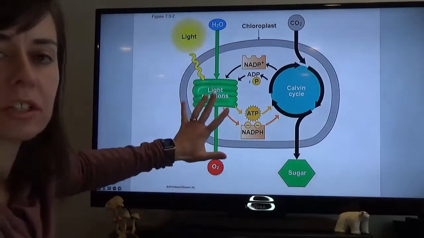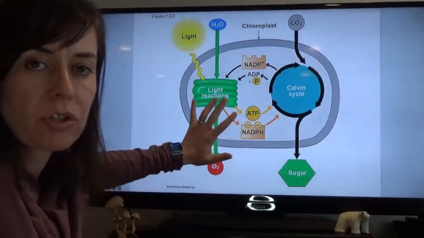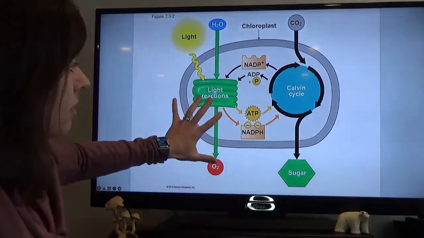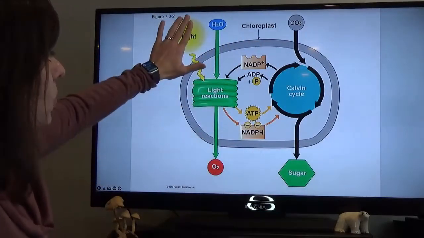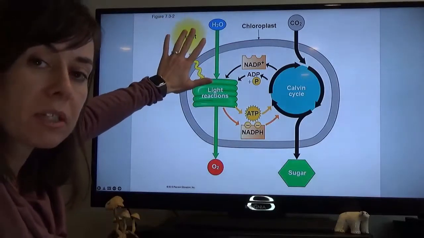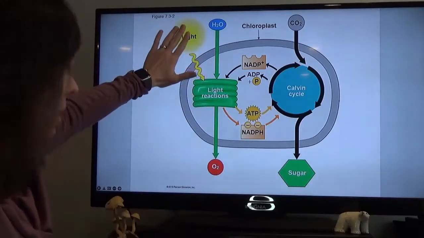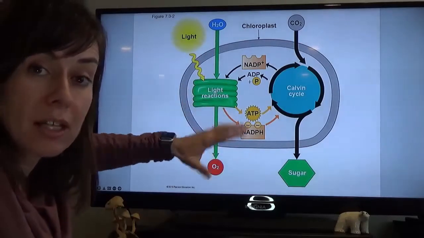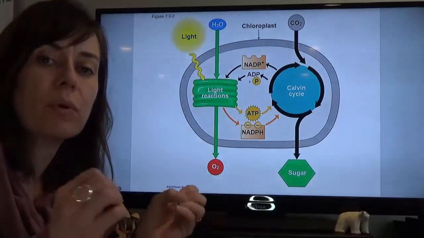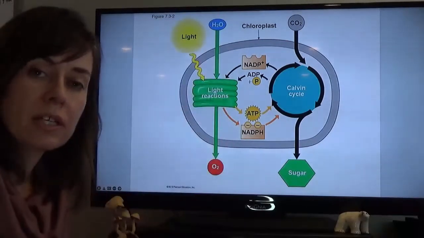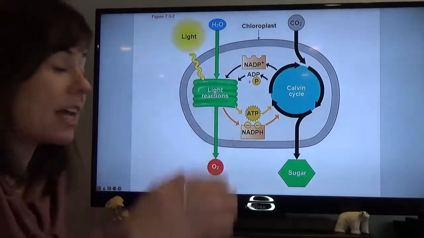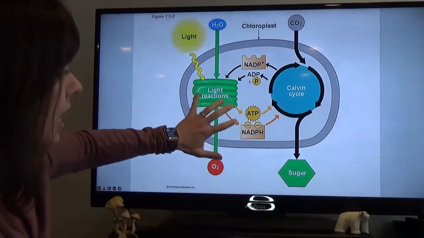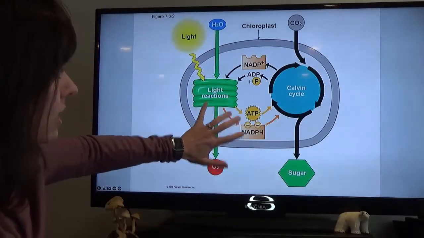Now, of course, this is just a little review. You would have learned about this last year in introductory biology, but just a little review of what the photosynthetic processes look like. We have photosynthesis. Unlike those chemosynthetic organisms, it is fueled by the energy of photons of light that come and excite electrons as part of the light reactions. So photosystem 1, photosystem 2, and electrons are excited through those photosystems, and then that energy helps to phosphorylate ADP and add hydrogen to NADP+,